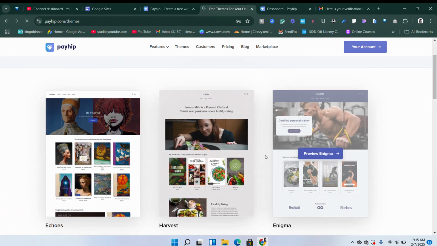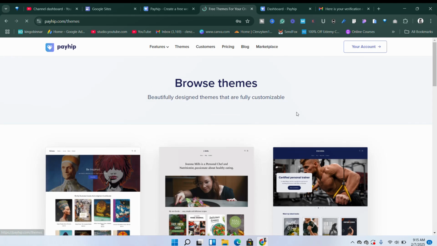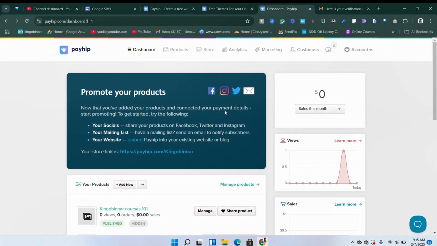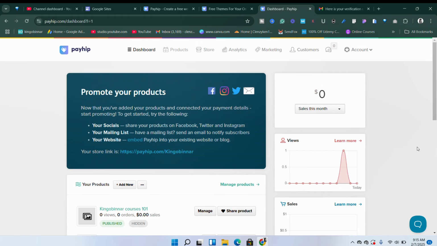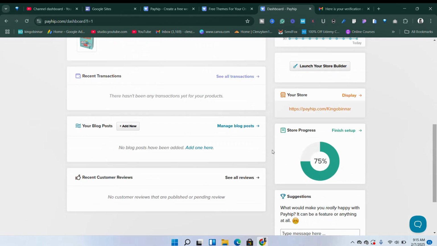You don't need to pay anything. You have access to all of these things for free. Now let me go ahead and show you what the dashboard looks like. So once you create your account, you have to verify. I've done everything. This is exactly how your dashboard is going to look, and from here you can manage a whole lot